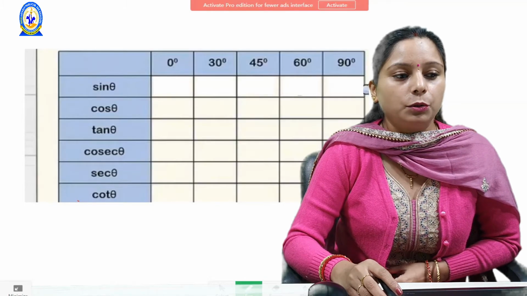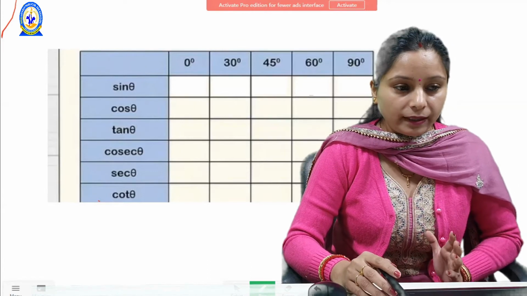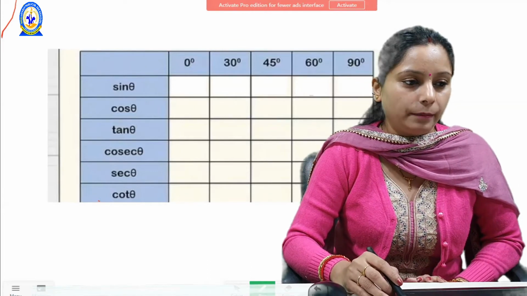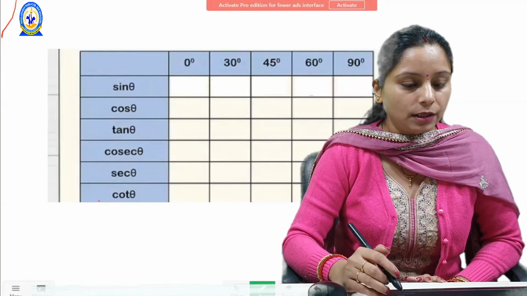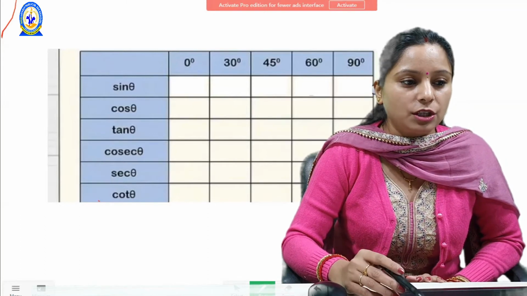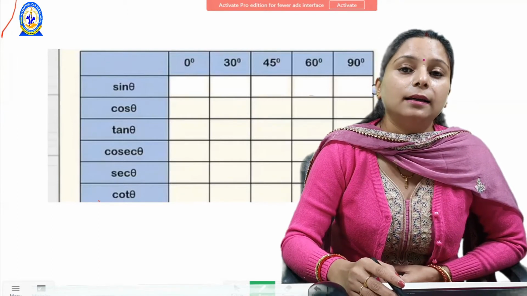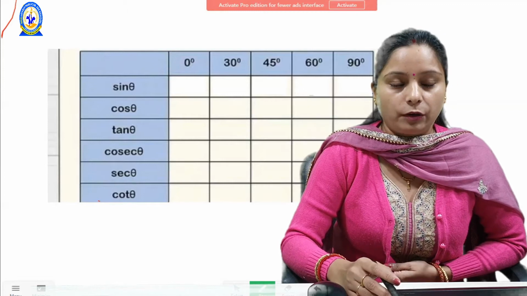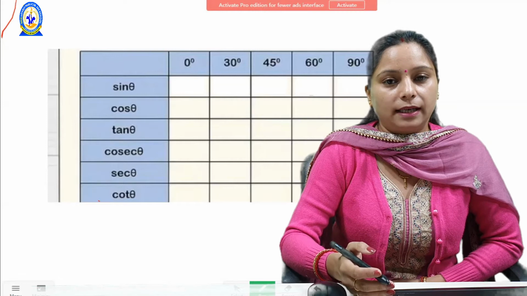So today we are going to learn how to frame the grid for the different values of angles for the trigonometric table, like the value for sine 30, cos 60, cos 90. This will be very beneficial for you in the next chapter also, chapter number 9, applications of trigonometry, because there also you have to find the different values of sine theta, cos theta at